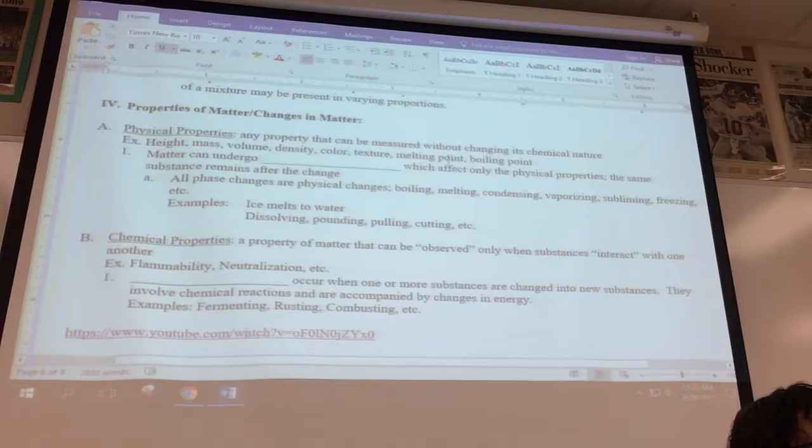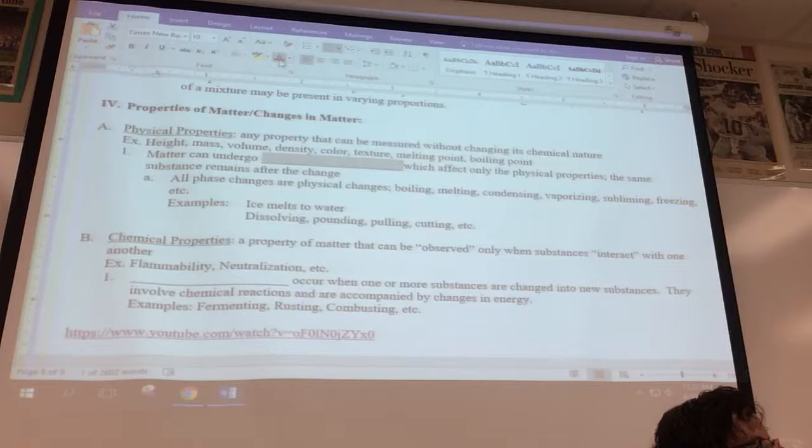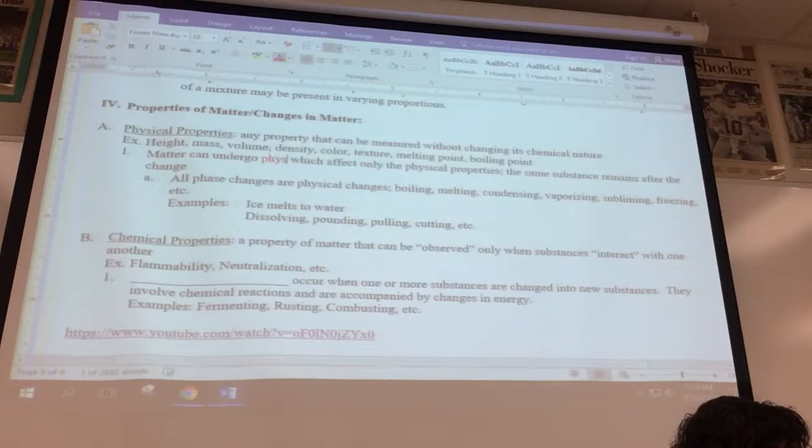Melting and boiling point can be measured without permanently altering the substance. If you have water, you can boil it and you can determine the boiling point using a thermometer. You would measure the temperature over a time interval of heating, and where the temperature is constant, you'd have the boiling point. Now, matter can undergo physical changes,